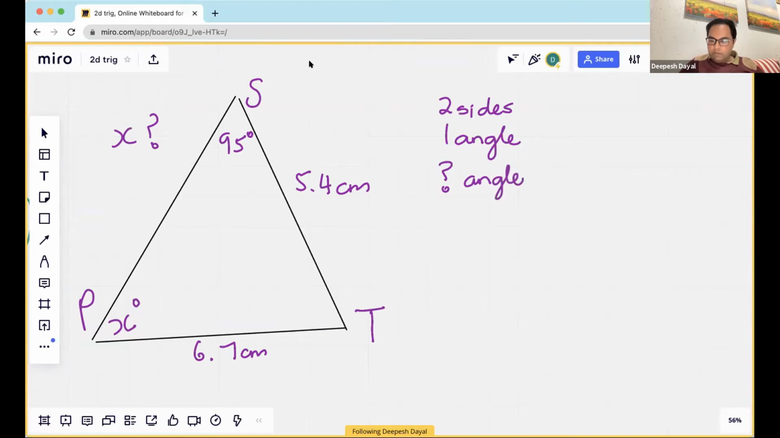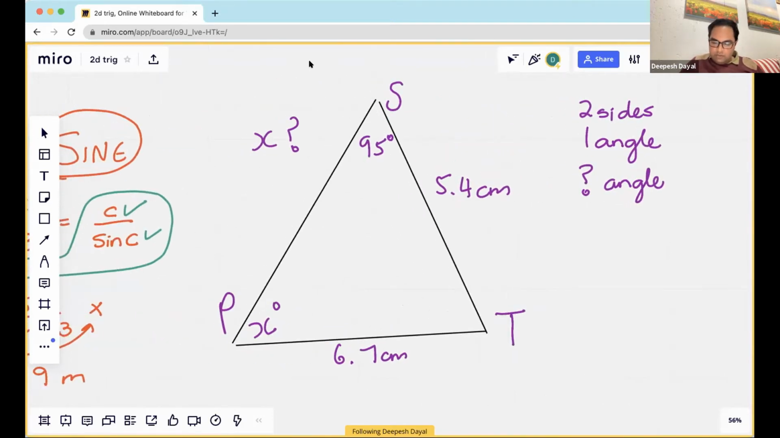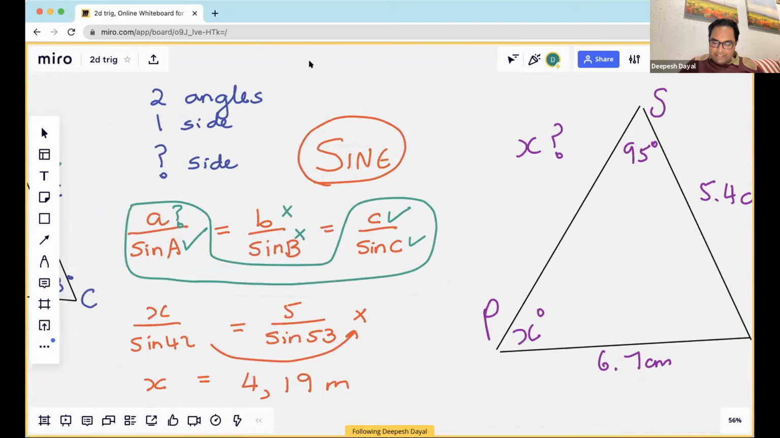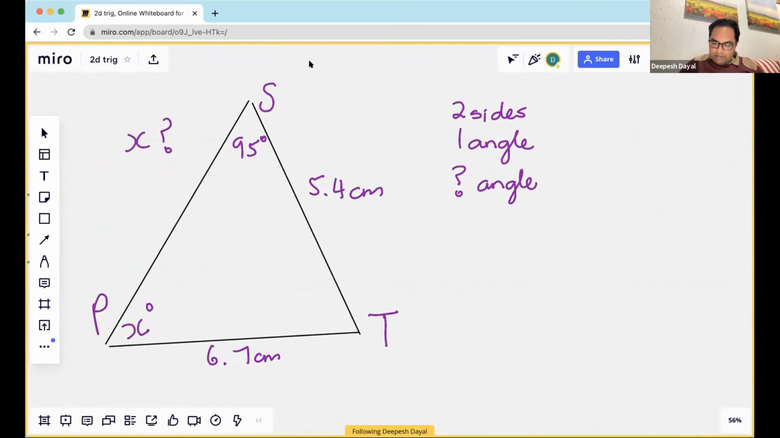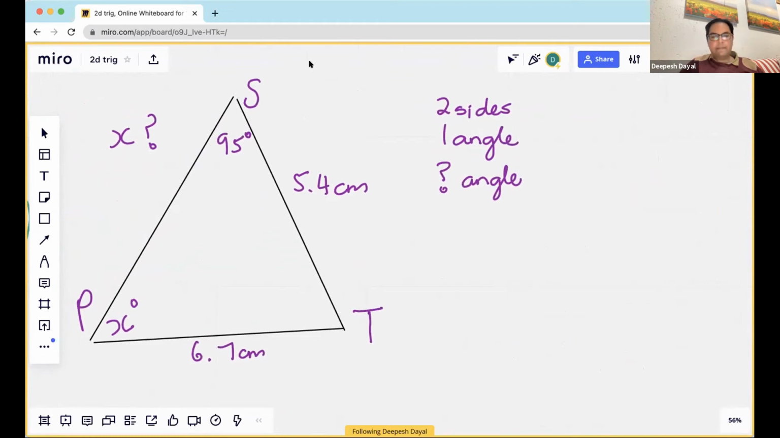The previous one, what was it? We had two angles, one side, and we were finding a missing side. Here we've got two sides, one angle, finding a missing angle, right? So let us look at that. Two sides, one angle, find the missing angle. So it's going to be